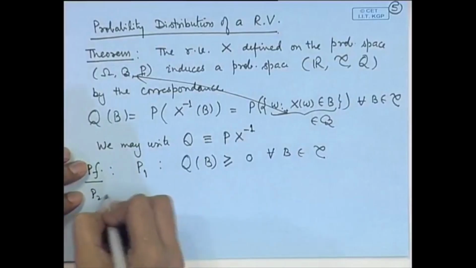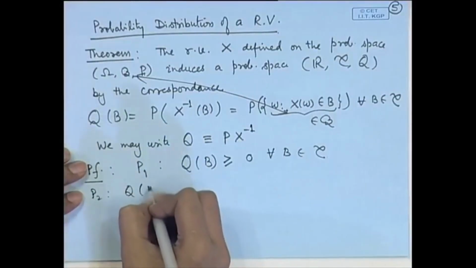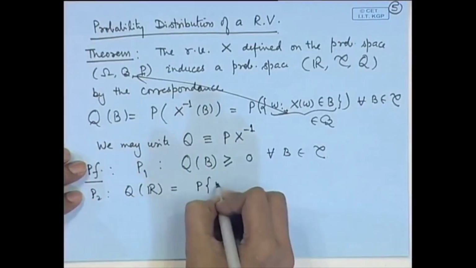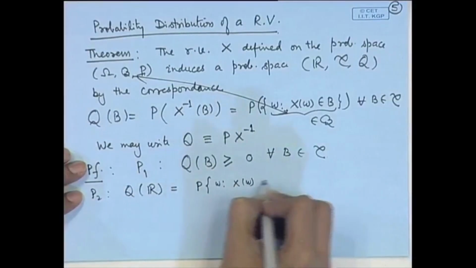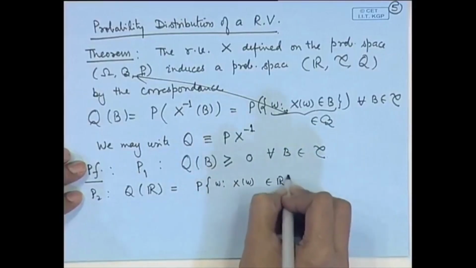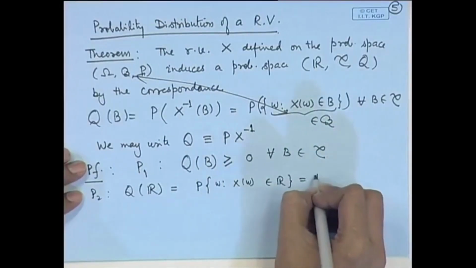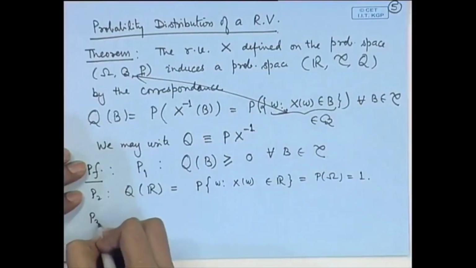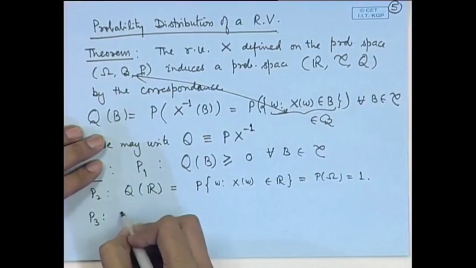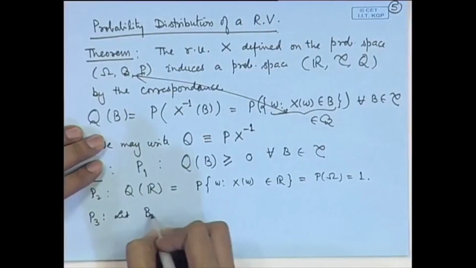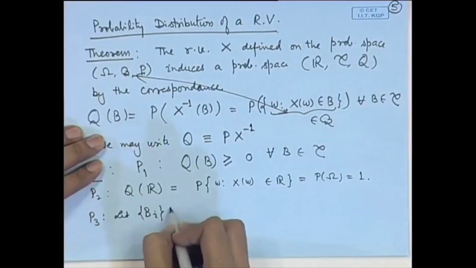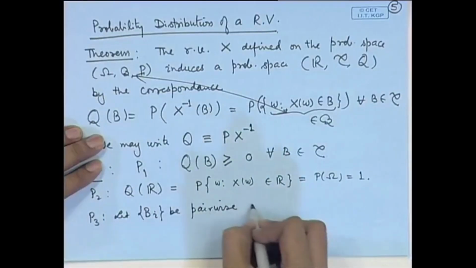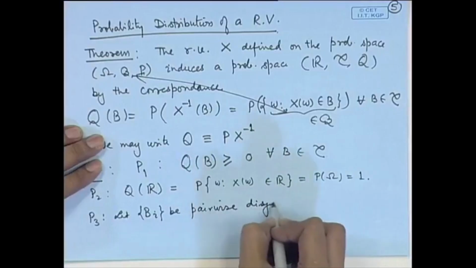If I consider Q(R), then it is equal to the probability of the random variable taking values in R. Naturally, it is the probability of Ω, and that is equal to 1. If we consider B_i's as a pairwise disjoint